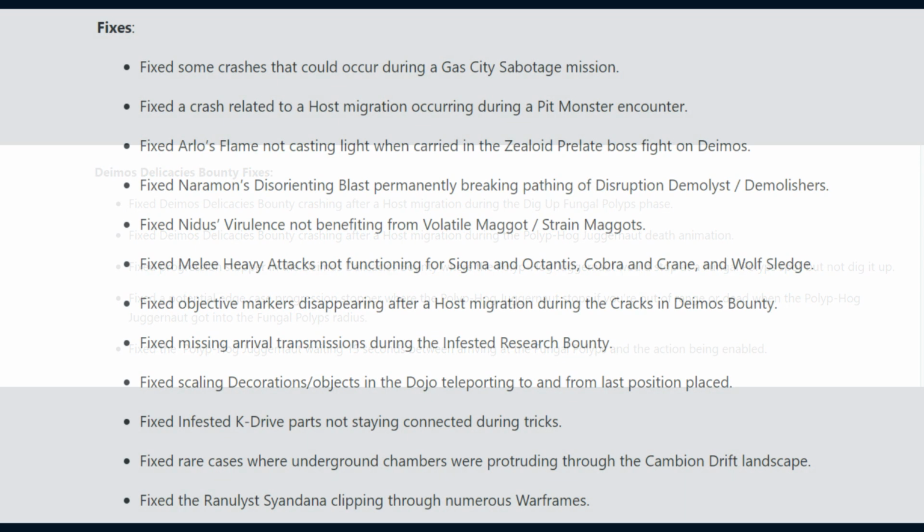For the game's overall fixes, they fixed some crashes that could occur during a Gas City Sabotage mission, a crash related to a host migration occurring during a pip monster encounter, Arlo's flame not casting light when carried in the Zaloid Prelade boss fight on Deimos, Naramon's disorienting blast permanently breaking pathing of the Disruption Demolists and Demolishers. They fixed Nidus's virulence not benefiting from volatile maggot and strain maggots, melee heavy attacks not functioning for Sigma and Octantis, Cobra and Crane, and the Wolf Sledge,